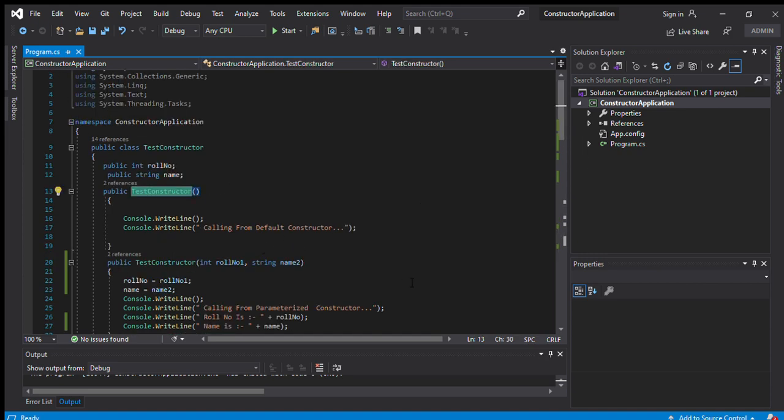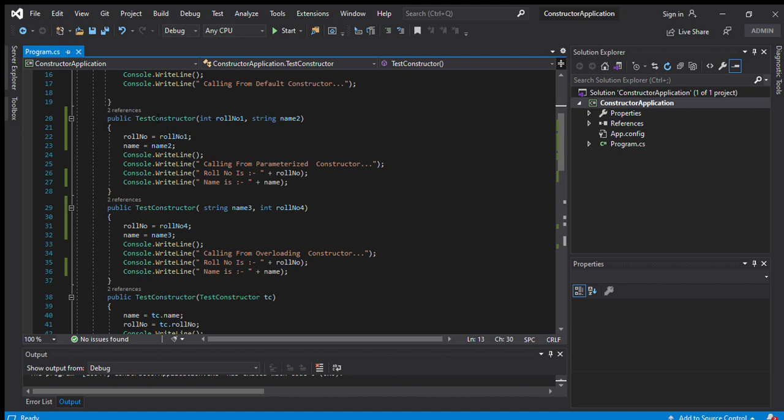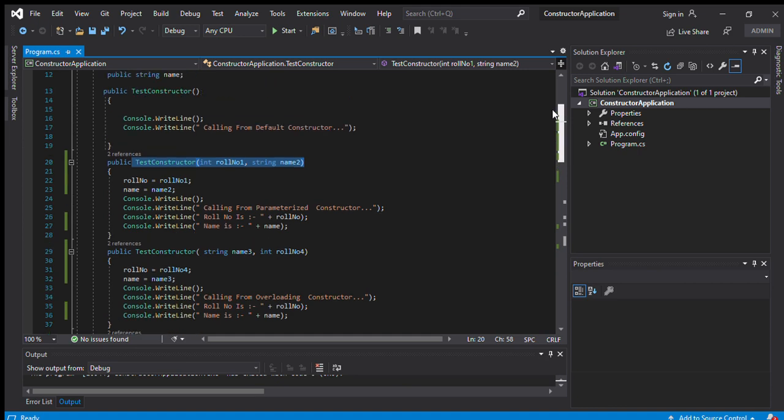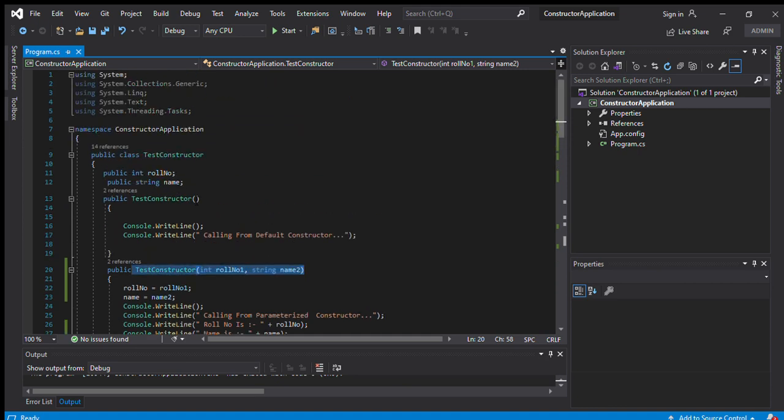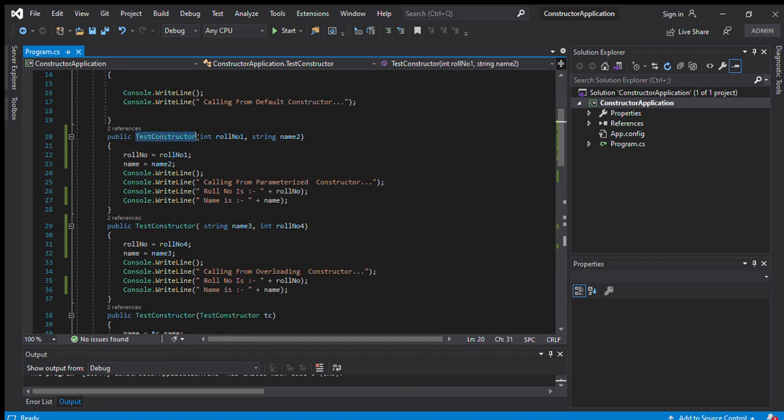The second type is the constructor with parameters. In the previous example we declared only the method with no arguments; that is called a default constructor. The second one is the parameterized constructor. What are the parameters of TestConstructors? Roll number and name.